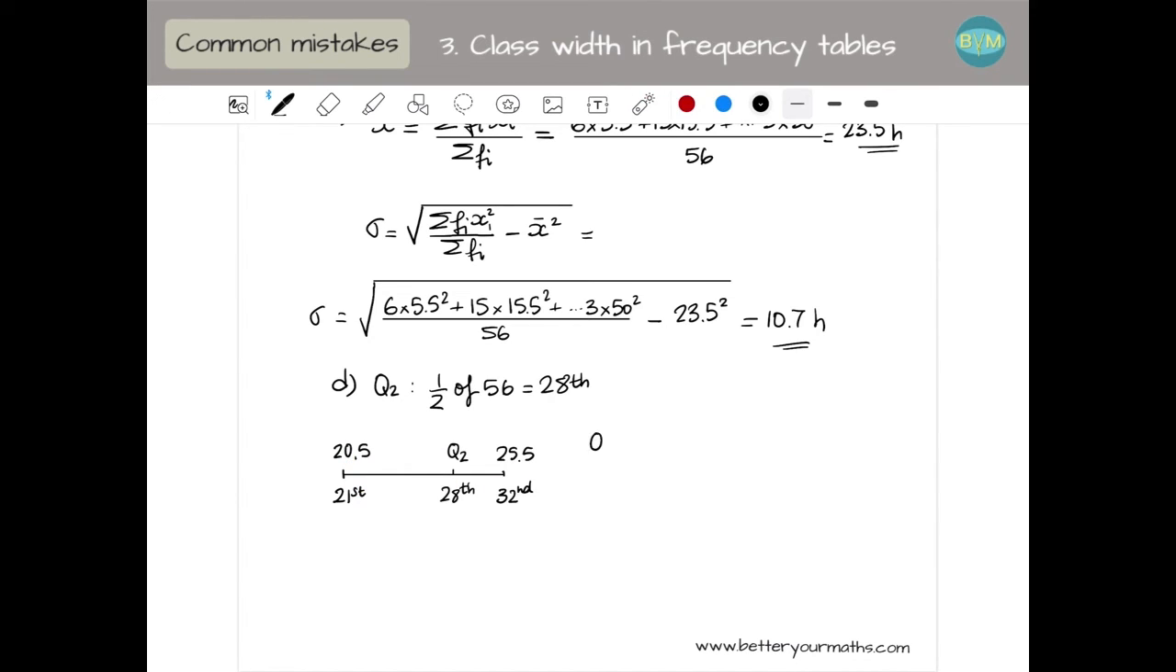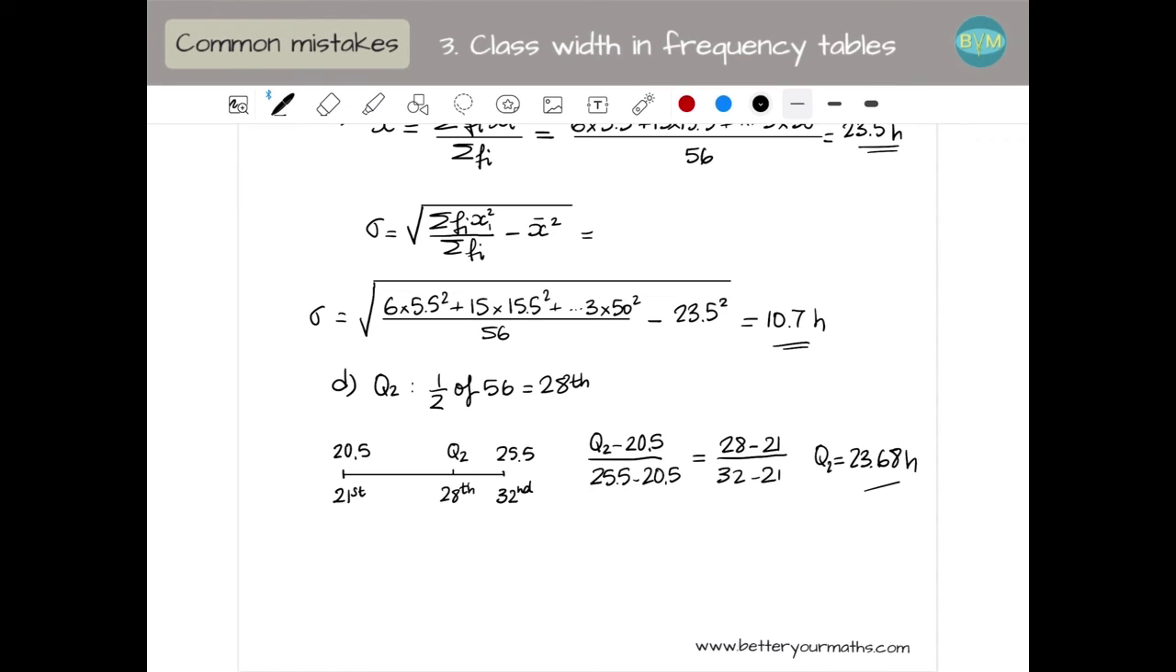So Q2 minus the small value divided by the long value, 25.5 minus 20.5, is going to be the same as if I use the order. So 28 minus 21 divided by 32 minus 21. So I'm doing this distance divided by distance, which might be the same as this distance divided by this distance. This is just a normal equation, so you do this with a calculator, multiply by this and add the 20.5, and then you get that Q2 is